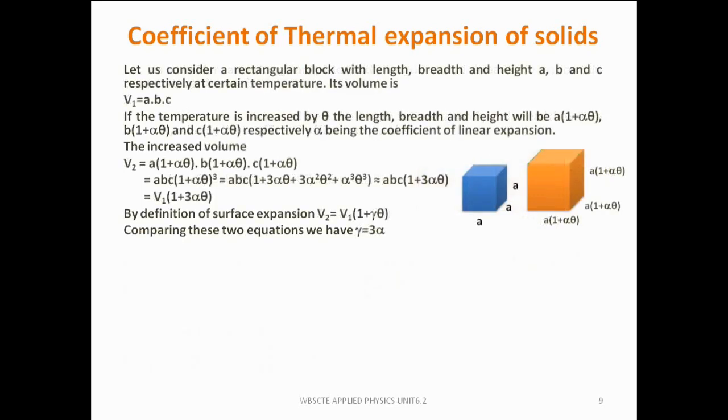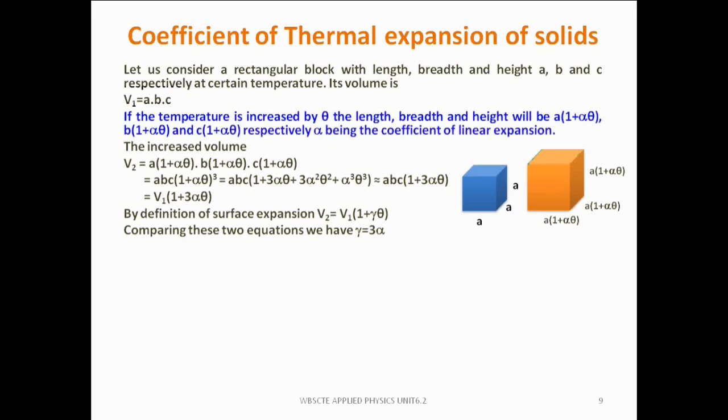Let us consider a rectangular block with length, breadth and height a, b and c respectively at a certain temperature. So its volume is V1 equal to a into b into c. If the temperature is increased by theta, the length, breadth and height will be a into (1 plus alpha theta), b into (1 plus alpha theta) and c into (1 plus alpha theta) respectively, alpha being the coefficient of linear